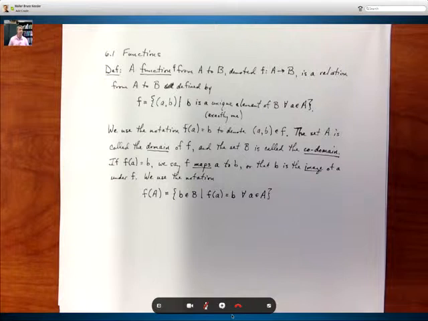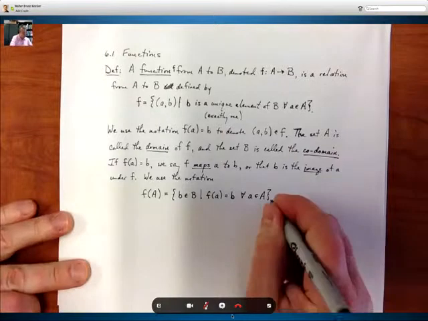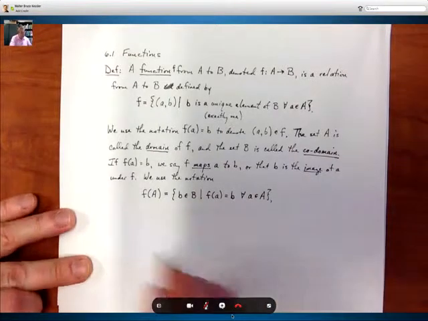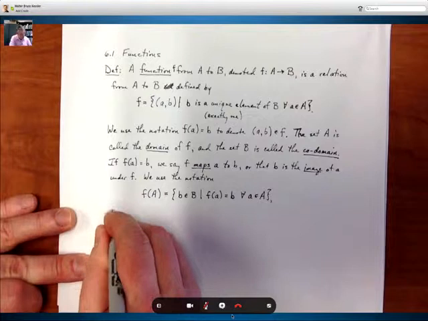Okay? So when we start dealing with these things, remember, this is a set. And we know how to deal with sets, how we know sets are equal, and how we show they are subsets and things. So we just have to remember that this is a set. And we call this set